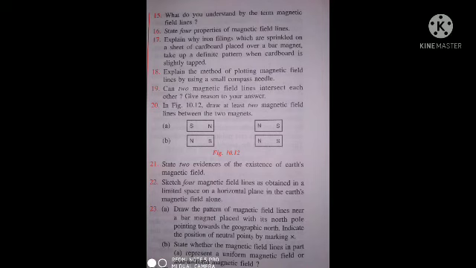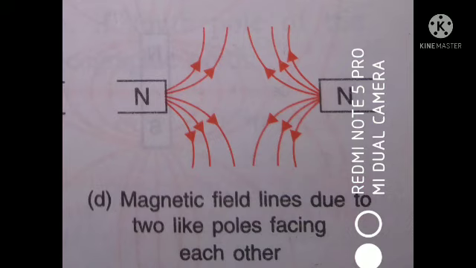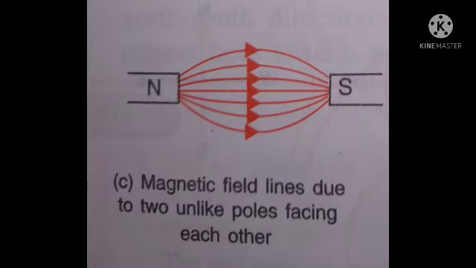No, two magnetic field lines cannot intersect with each other. If they do, there would be two directions of the field at the same point, which is not possible. Question number 20 is a diagram question. So the answer I have given in the image above. First image is for A part and second image is for B part.